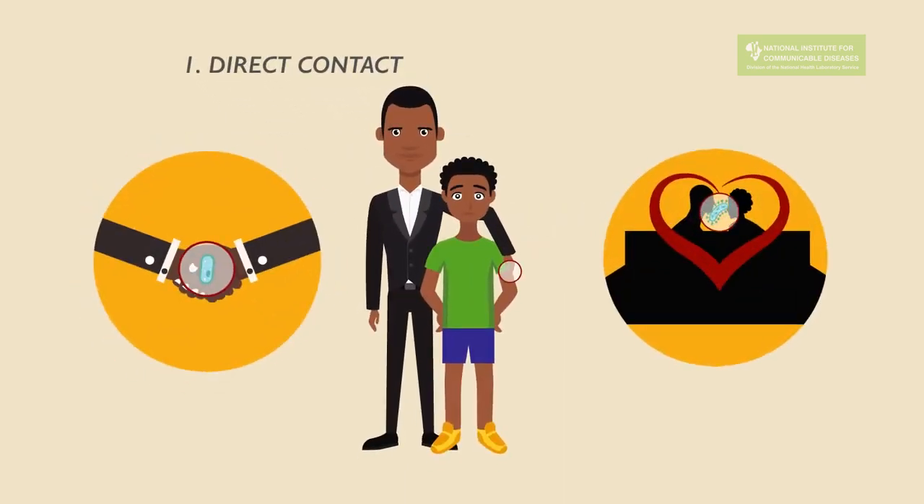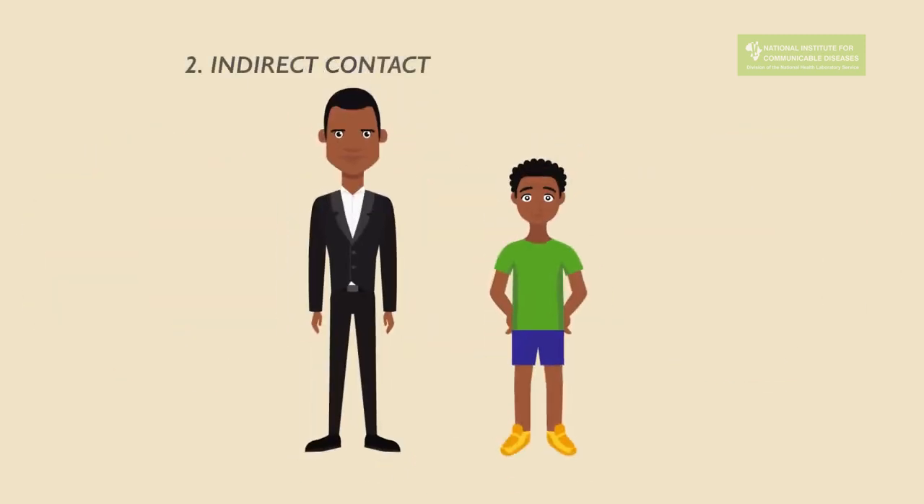Direct contact transmission occurs when there is physical contact between an infected person and a susceptible person. Indirect contact transmission occurs when there is no direct human-to-human contact. Infectious diseases are often spread through direct contact. The types of direct contact include the following: